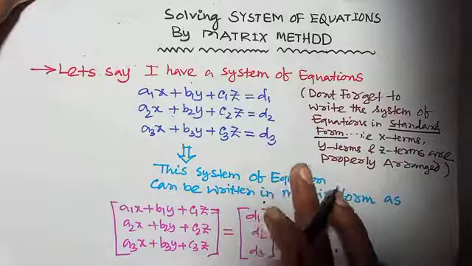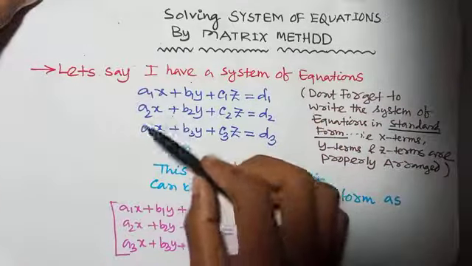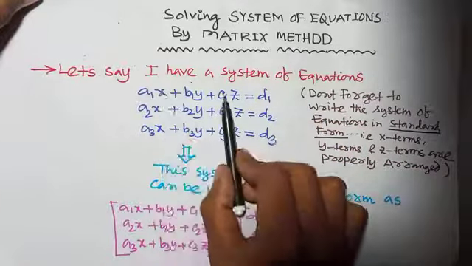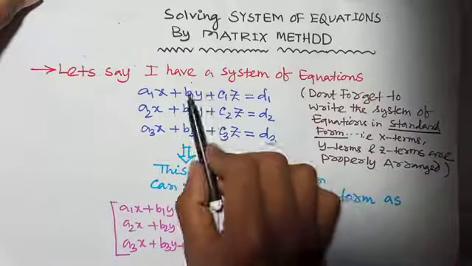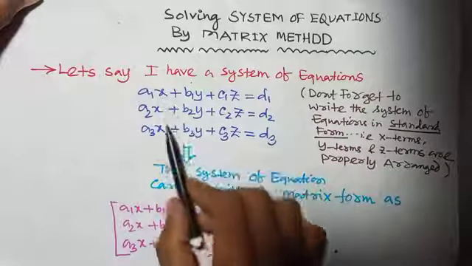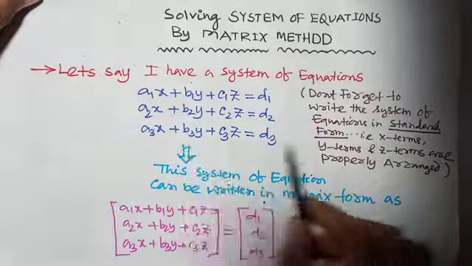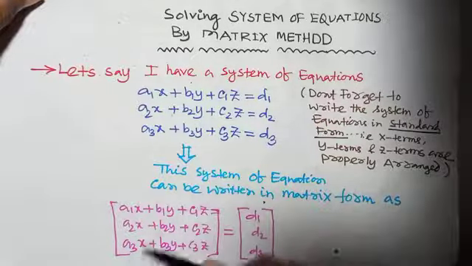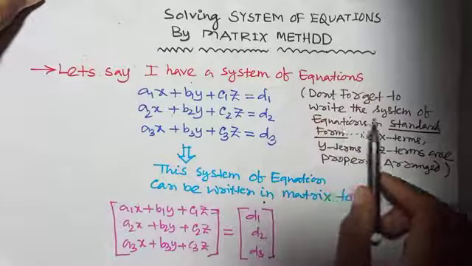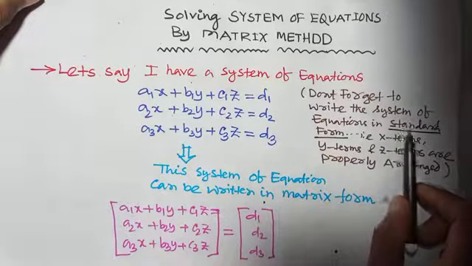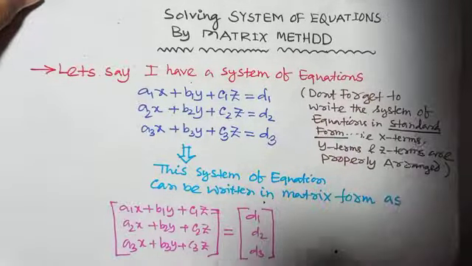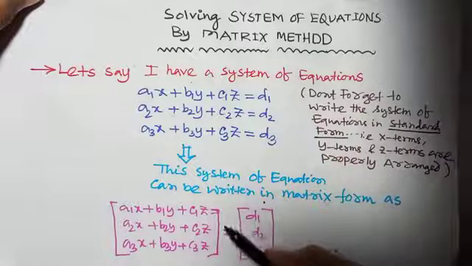Sometimes what happens is that the x terms are written here and the z terms are written here. That means they are written haphazardly. So our first task is to write them down properly, that means to write the system of equations in standard form. Okay, so this is our first task. Then